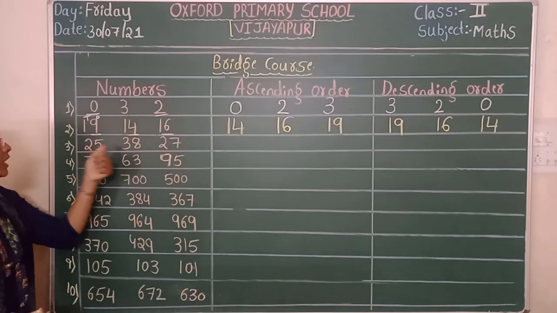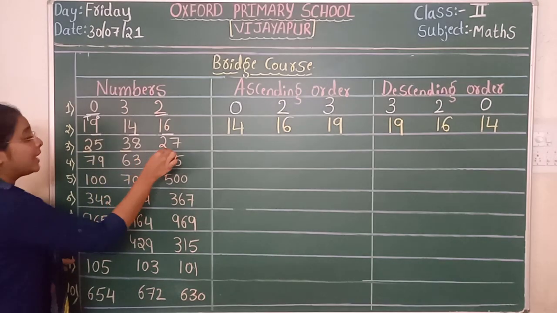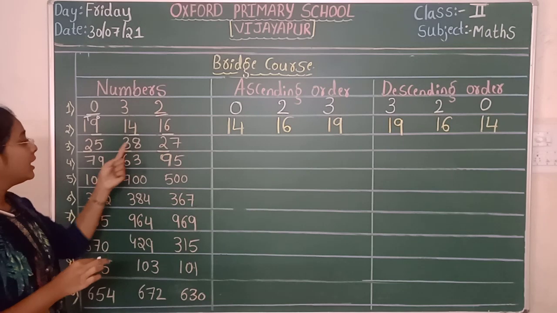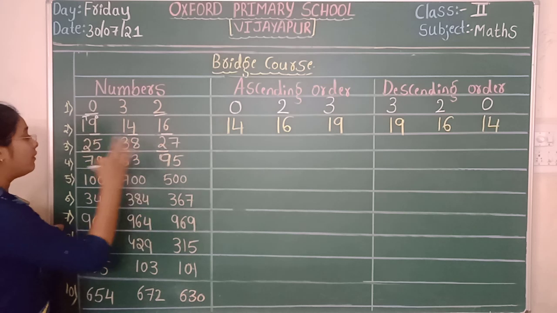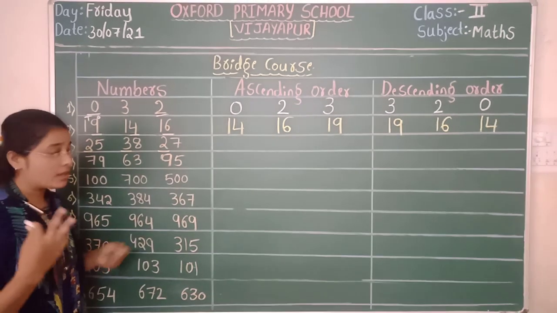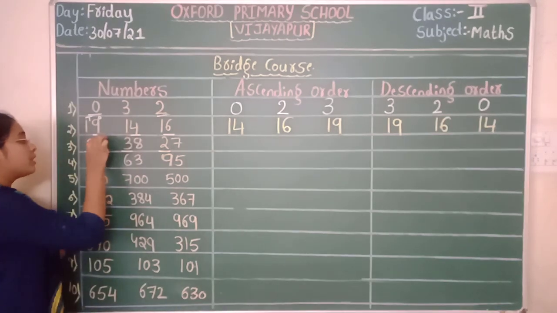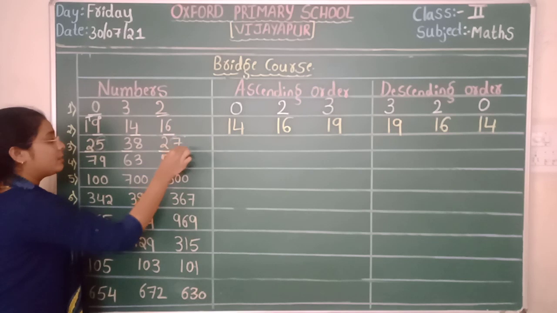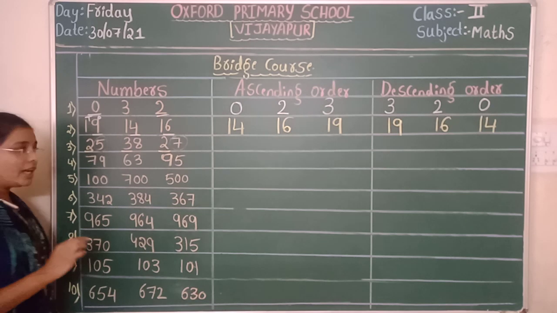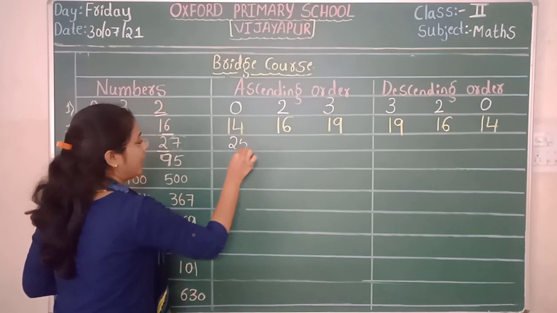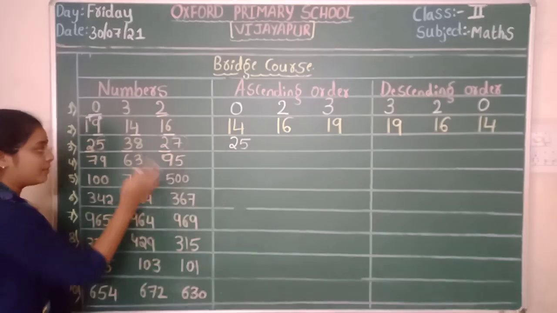Next we are having 2 digit numbers itself. We will complete the first place, means tens place. We are having different numbers. 3 and 2 we are having, but we are having number 2 for 2 numbers. Here 25 and 27. So what we have to do? We have to compare the next place, ones place. Which is the smaller number in this one? 5 is the smallest. Write down 25. We will leave it. So 27 is the bigger one.